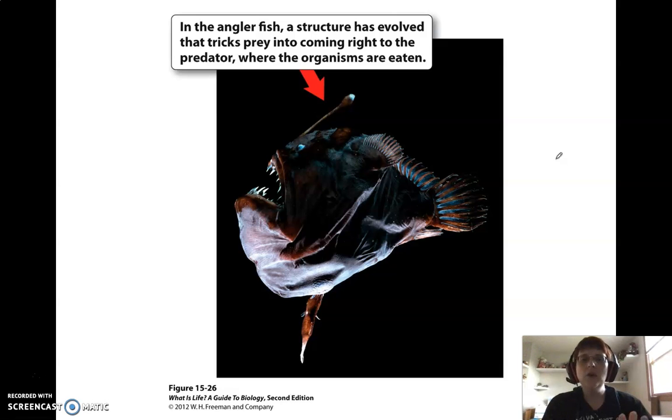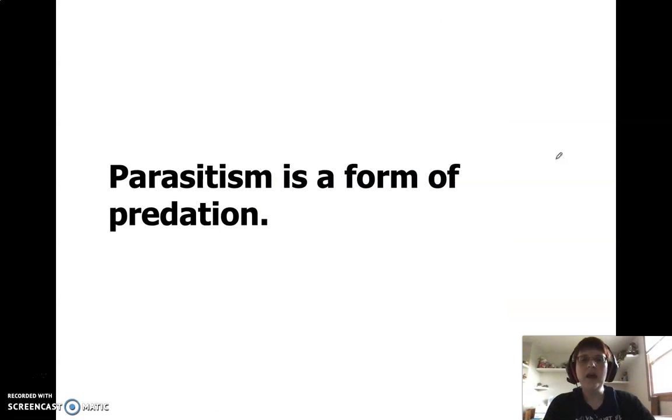All right, so we've talked about competition. We've talked about predation. The next one is parasitism. So this is an interaction between two organisms, and parasitism is a form of predation because the organism that is the parasite is feeding off of the host, the organism that they're on or in. The reason why it has its own classification is because the parasite is not generally going to kill the organism it's living on or in. That actually would be counterproductive for the parasite.